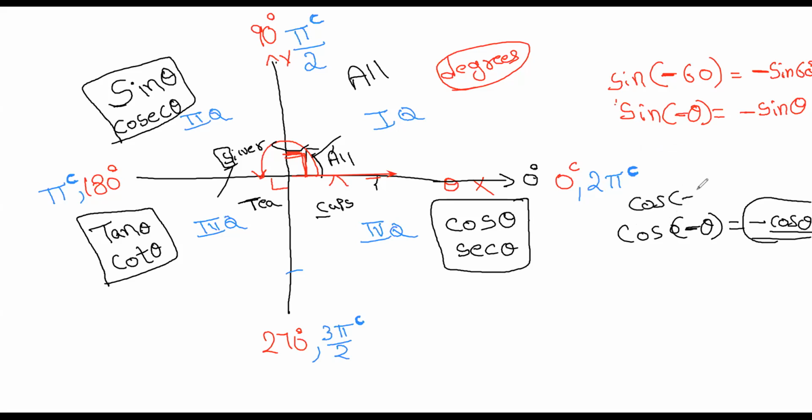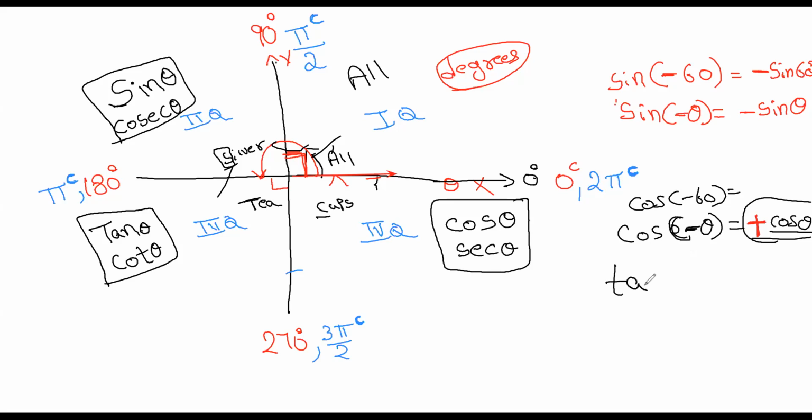Let's take the same thing. Minus 60 itself lies in which quadrant? Minus 60 means clockwise 60 degrees, so it's in the fourth quadrant itself. In the fourth quadrant, cos is positive or negative? Positive. So it is plus, not minus. You have to see this one.